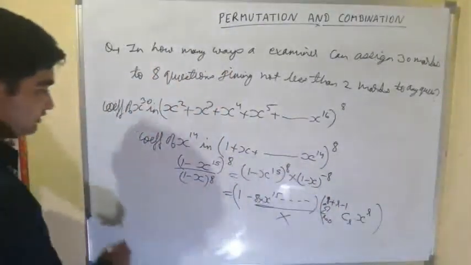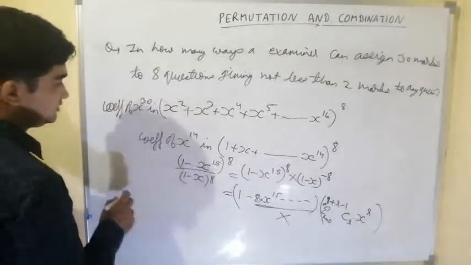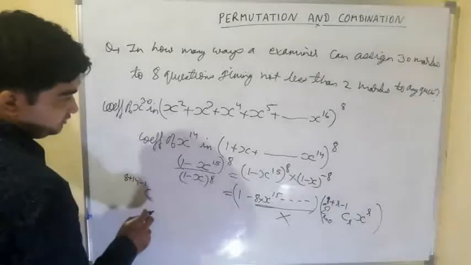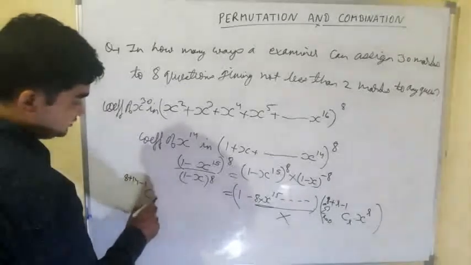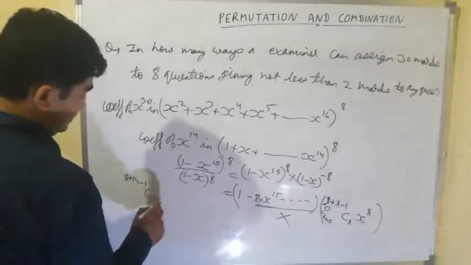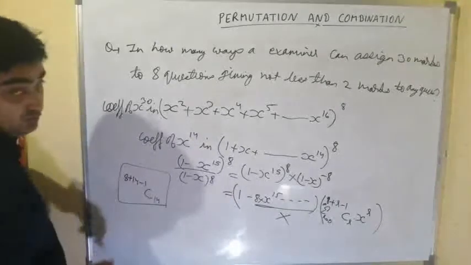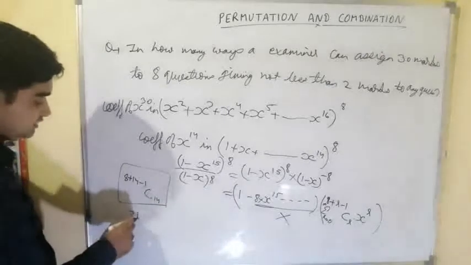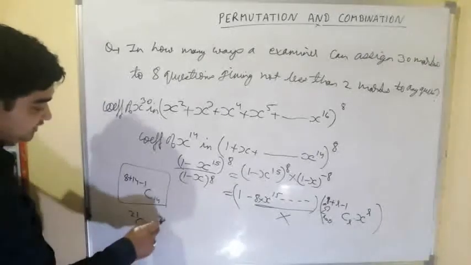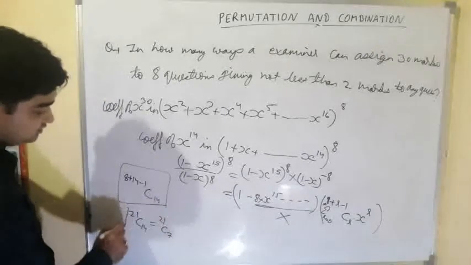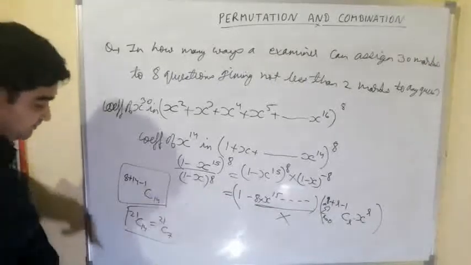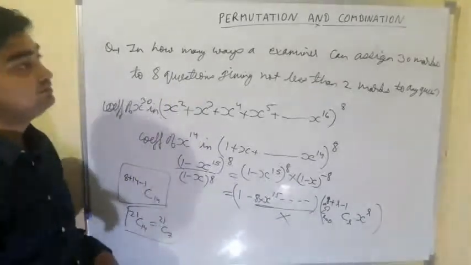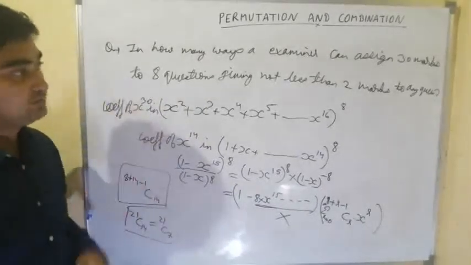Putting r equal to 14 we get 8 plus 14 minus 1 C r, where r is 14. So this is the coefficient for x power 14. So the answer is 13 plus 8, 21C14. It is the answer. We can also write it as 21C7. So this is the answer. Right? So like this we can use the multinomial theorem to solve problems like this.